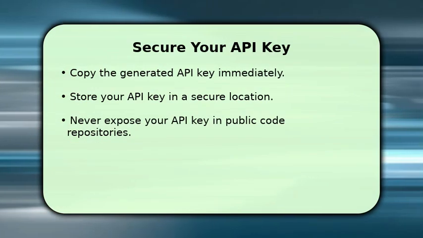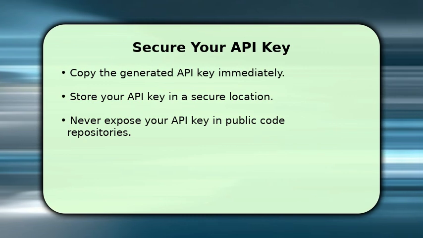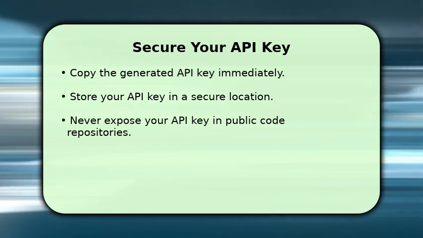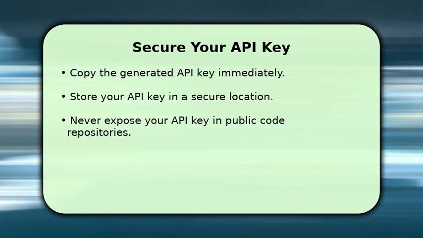Once your API key is generated, it's crucial to copy it right away. This key is sensitive information, similar to a password. Store it in a secure place, like an environment variable or a secrets manager, and never hardcode it directly into your application's source code. Publicly exposing your API key, for example, on GitHub, could lead to unauthorized usage and potential